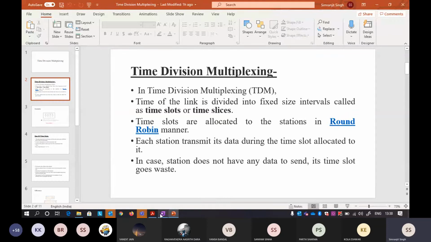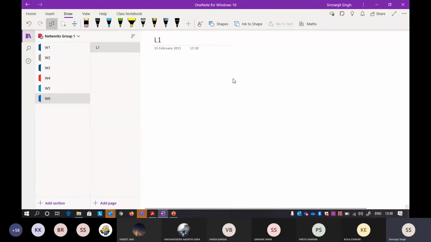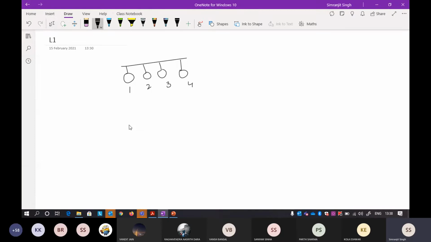If I draw the diagram over here, suppose there are four stations here, you can take any number of stations. Now what happens is that you want to do time division multiplexing. Everything is in the name. So what is time division multiplexing? I want to divide the time in such a way that every particular station has access to this wire for a particular amount of time. So I have divided the time between these stations such that when one station is accessing the link, no other is accessing it. That is the simplest approach.